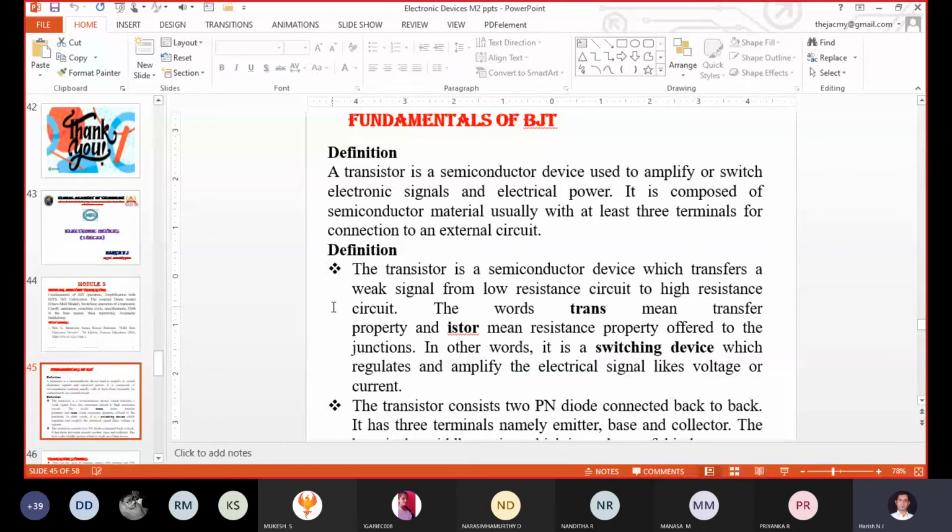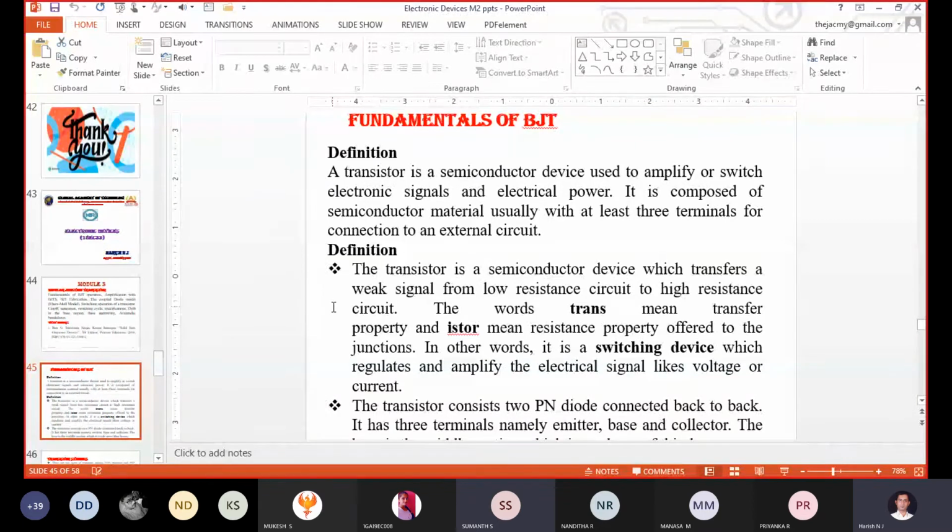Will anybody tell me the definition of a bipolar junction transistor? Before the definition, will anybody tell me the difference between a unipolar junction transistor and a bipolar junction transistor? Unipolar junction transistor is not in your syllabus. Directly they start from BJT, but it is necessary to know the difference between UJT and BJT. Sir, unipolar is unidirectional, this is bidirectional. It has low impedance, sir. Okay. Unipolar has high impedance.